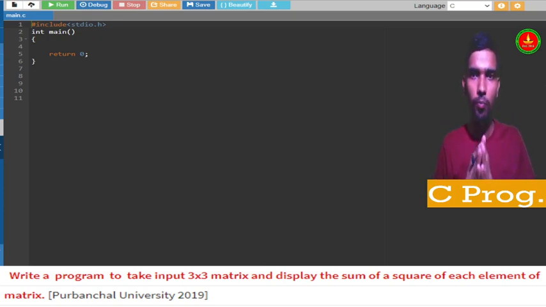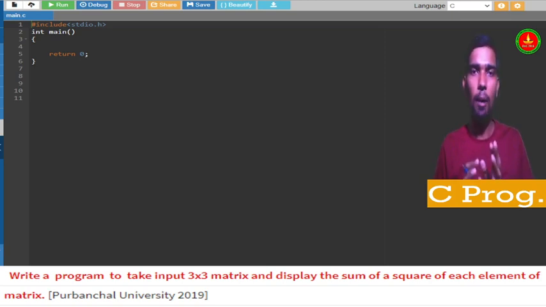So we have to declare a two-dimensional array of size 3 by 3 for the matrix. Then we have to take the input using two loops and proceed with the remaining things.